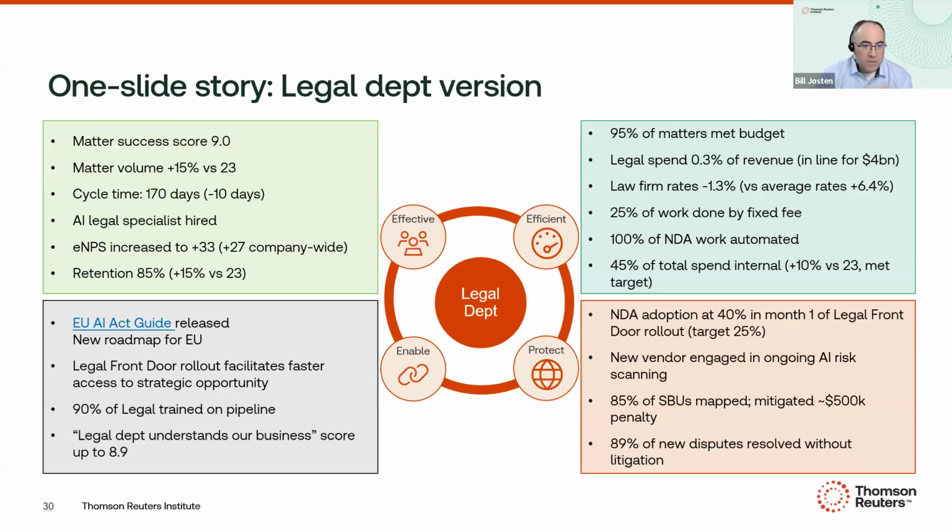In that enablement, the EU AI Act guide we released, and we also produced a new roadmap for the EU. Remember, the department or the business goal of moving into the EU, particularly France and Germany, as key goals for the business. Well, we're proactively working in that direction. In doing so, we're enabling the growth of the business into those markets. We didn't wait for somebody to come to us and say, oh, hey, we want this, we maybe want to look at going to the EU. What do we need to think about? And now we're being reactive. No, we were aware of that, and we proactively went out and produced these things.